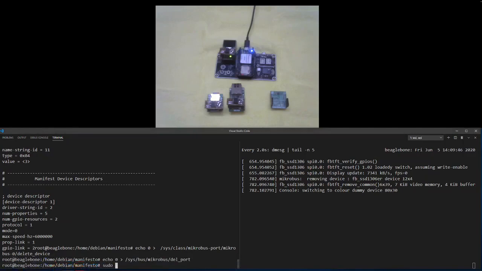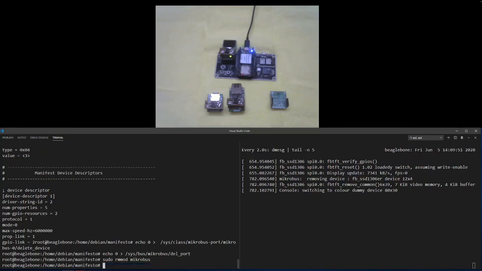Interface takes in a config array and attaches a set of peripherals to the microbus port, and the del port interface is used to delete